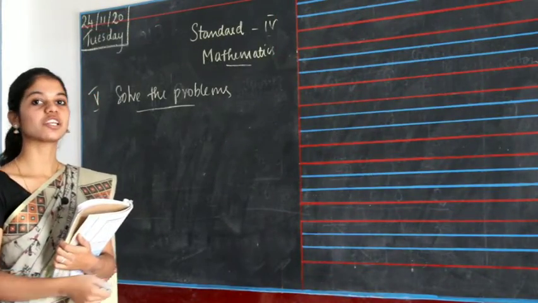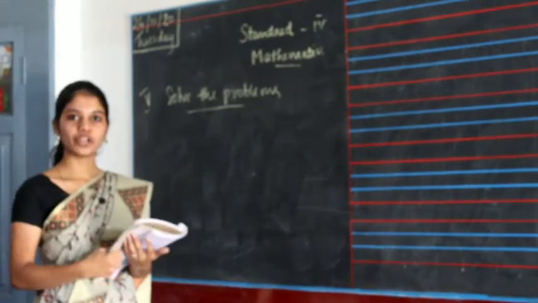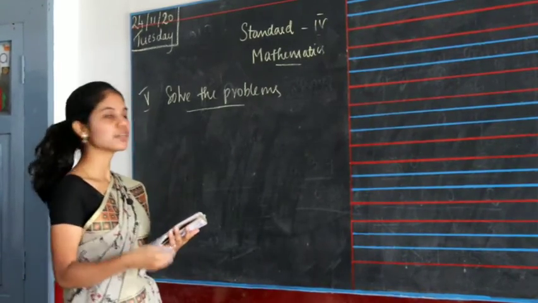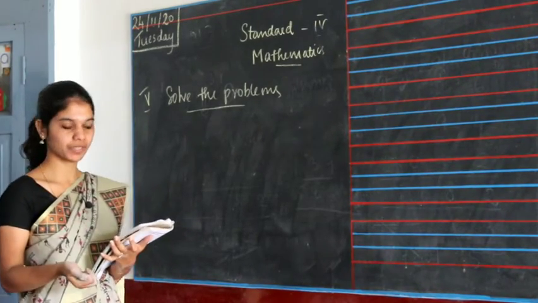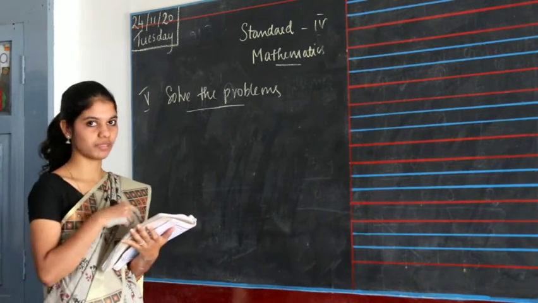So we have come to the last Roman numeral, which is solve the problems. Now we are going to see a full problem and we are going to take the numbers to add and then add and give the answer. Now I am going to read out the question and then solve the problem.